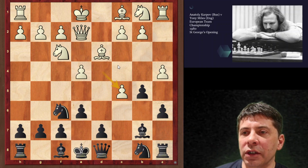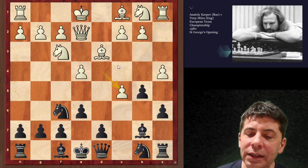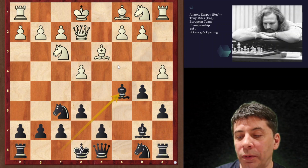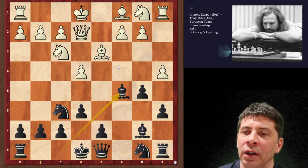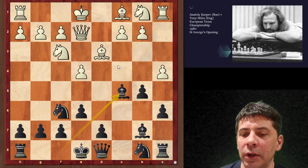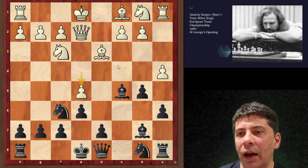So what Karpov does is he just takes off this c pawn. But you know, black's taking back, and actually this all looks quite nice for black, really. The bishop develops with tempo. Black swapped his c pawn for the d pawn, which is something that you do in the Queen's Gambit or in the Sicilian, so it's quite a nice thing to do. And this all looks reasonably good for black. Now again, white has the option here of playing pawn e5,